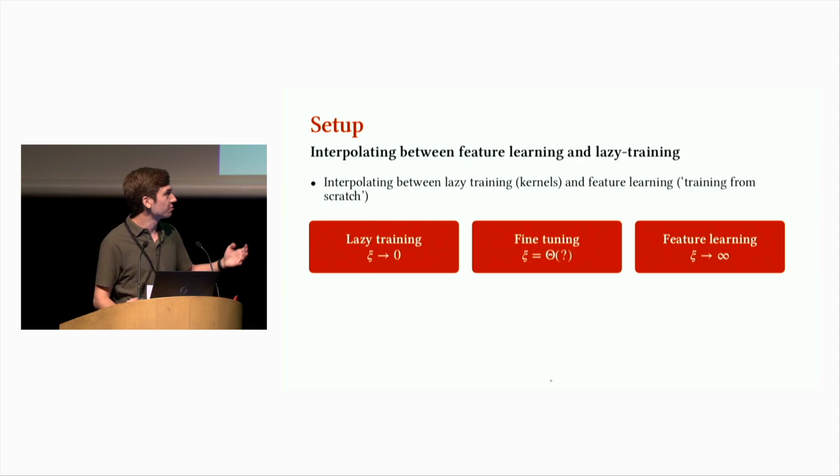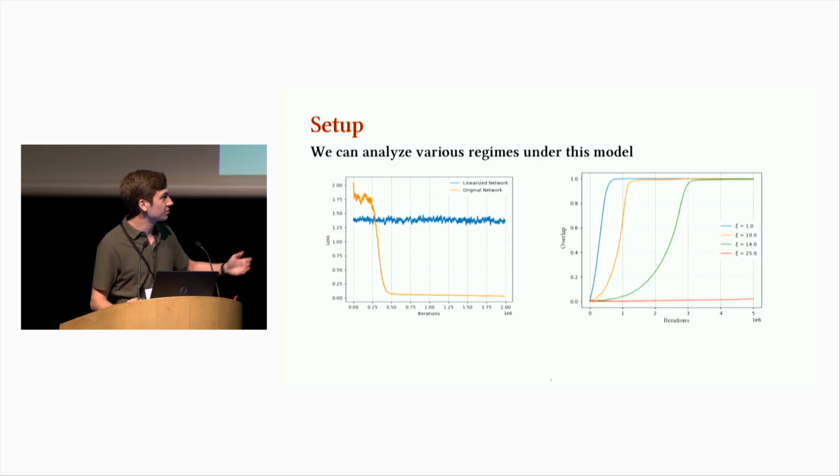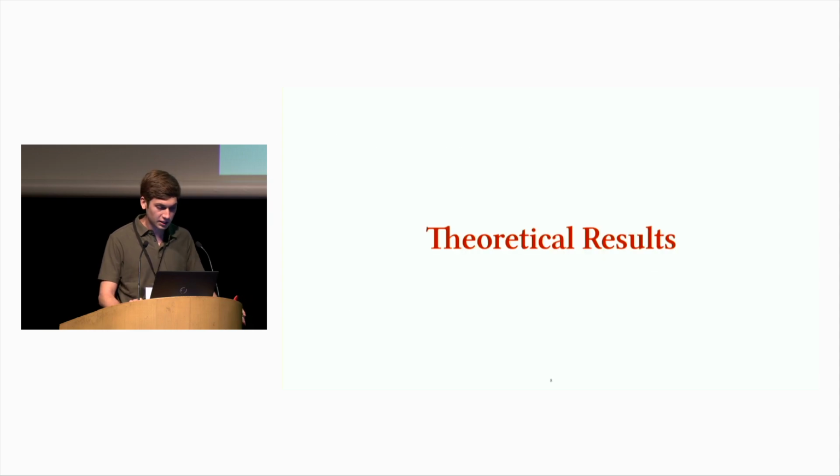So the question is, what is in the intermediate regime where we have some non-trivial fine-tuning? In fact, if you look at the simulations, you can see that linearized networks will fail in this intermediate regime, but as you also increase the scaling parameter, the problem gets harder. So this is not as hard as feature learning, but also linearized models don't really explain this regime. I hope by this point the setup makes sense, and you think this is an interesting thing to study. So I'm going to now talk about what we can prove in this setting.